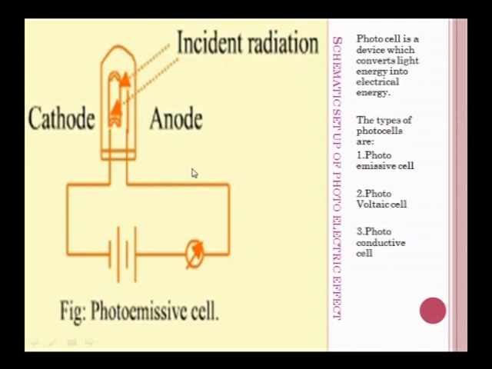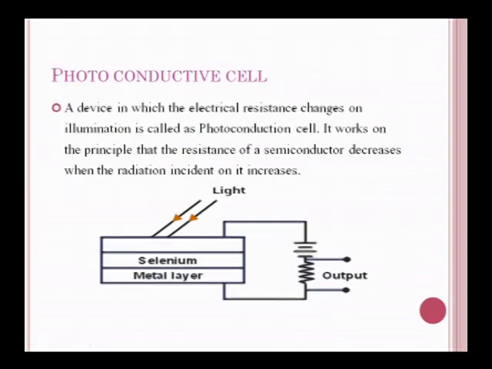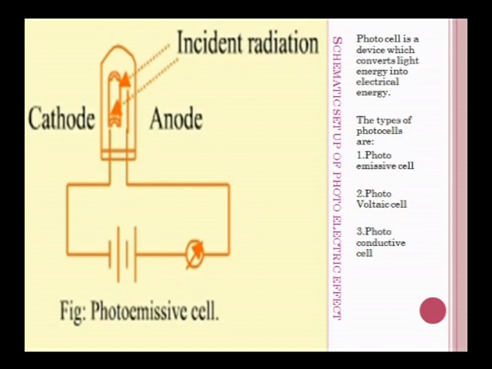Just look at this diagram. Here you have a highly evacuated quartz bulb, a vacuum bulb, consisting of 2 electrodes. One is a cathode, and this cathode is a photosensitive material, where alkaline metals are coated on it. Encircling this cathode there is a thin hair-like wire, made of either platinum or nickel, depending upon the type of application.